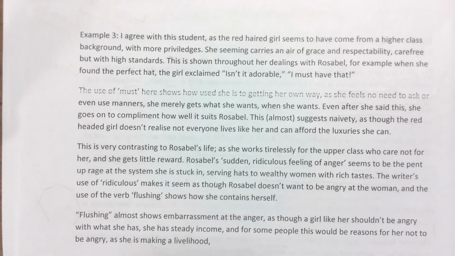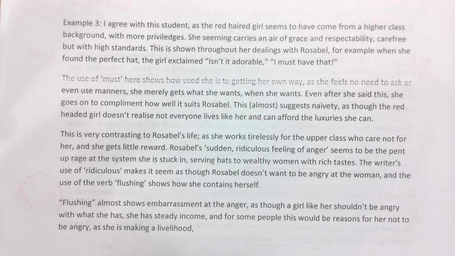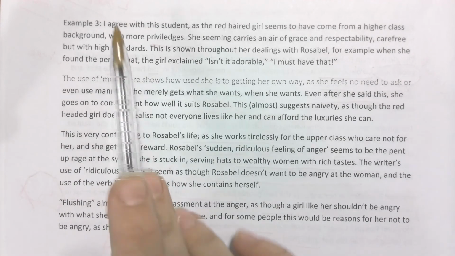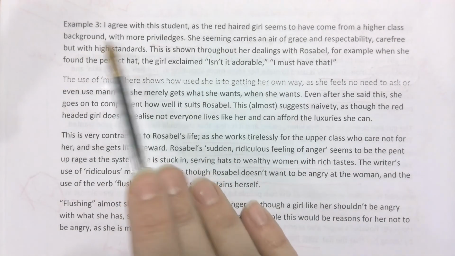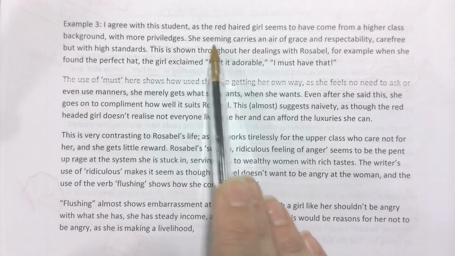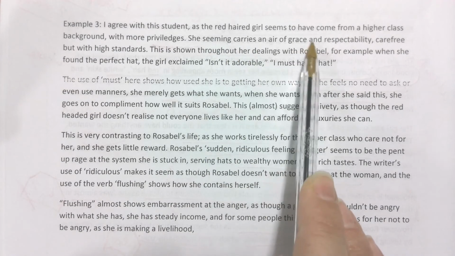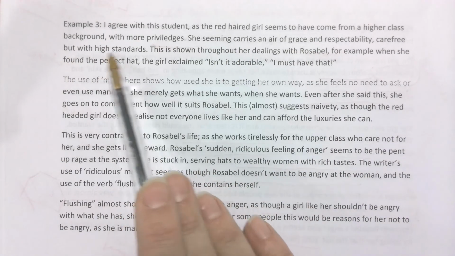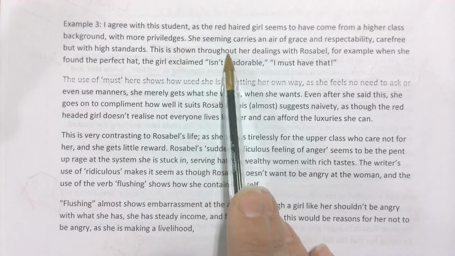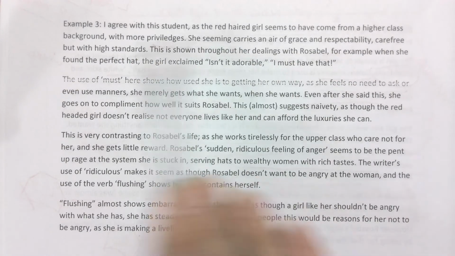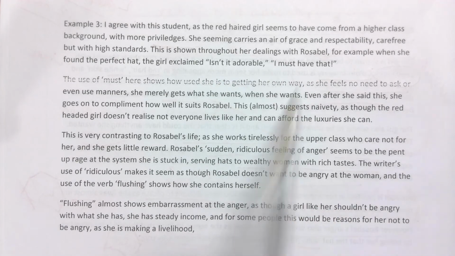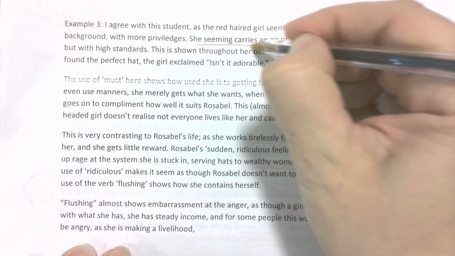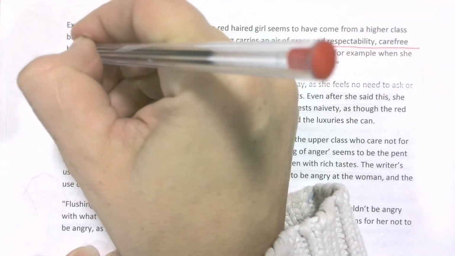Now, let's look at this one, right? So just because it's longer doesn't mean it's better, remember, but let's see how this person goes about it. So it says, "I agree with the student, as the redheaded girl seems to have come from a higher class background with more privileges. She seemingly carries an air of grace and respectability, carefree but with high standards. This is shown throughout her dealings with Rosabel. For example, when she found the perfect hat, the girl exclaimed, 'Isn't it adorable? I must have that.'" All right, so we've got a very detailed explanation